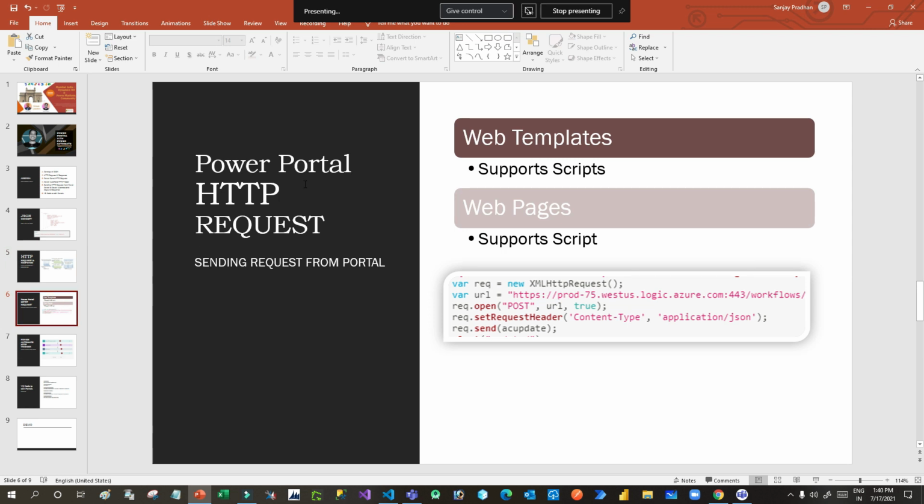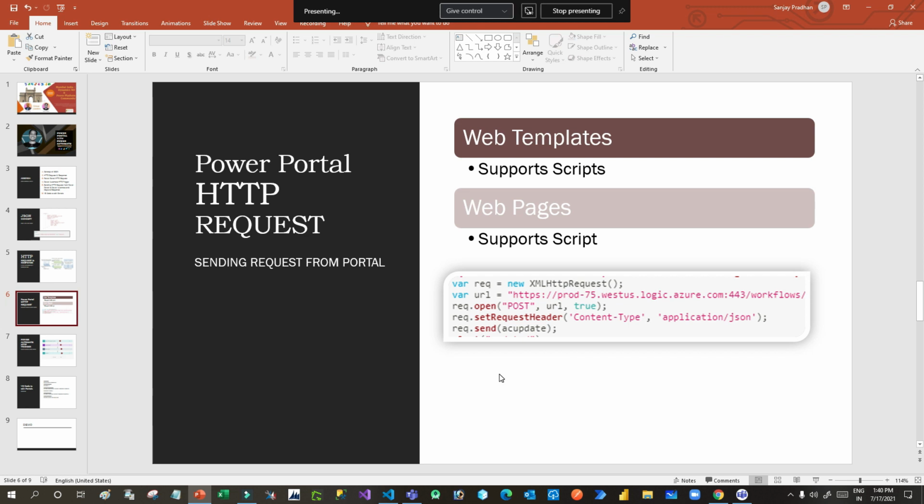Now, Power Portal and HTTP request. We have seen that we have the JSON concept, and HTTP request and response. Does Power Portal support it? First we have to think that yes, Power Portal supports calling an external web API by passing an XML HTTP request object. The XML HTTP request object is used to send a set of requests with some JSON object in that request, so that we can get a response.